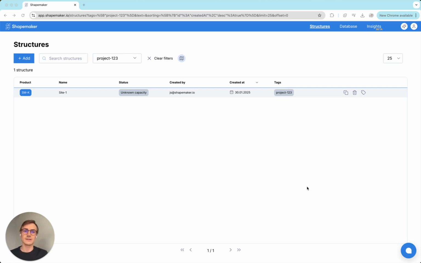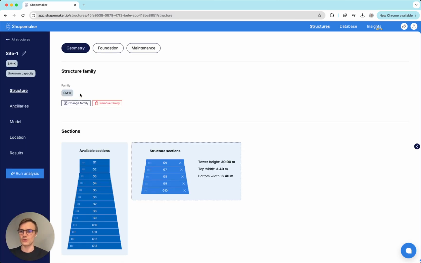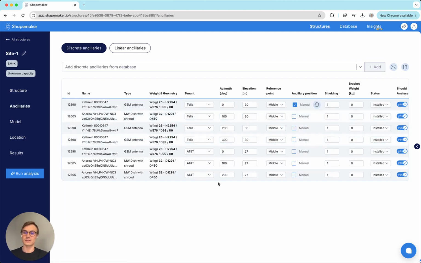Now, let's imagine that we've gotten a co-location request. Typically, you would first check whether you have that structure already onboarded to Shapemaker. In this case, we have, because it's this site, site 1, that we've gotten a co-location request for. You would then go and enter the site. You would go to ancillaries and you would start adding the ancillaries that the customer has requested to add to